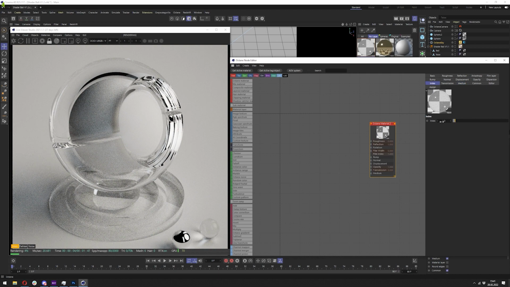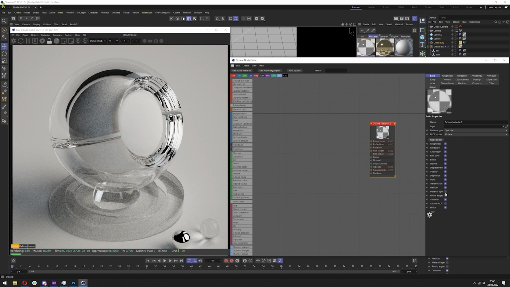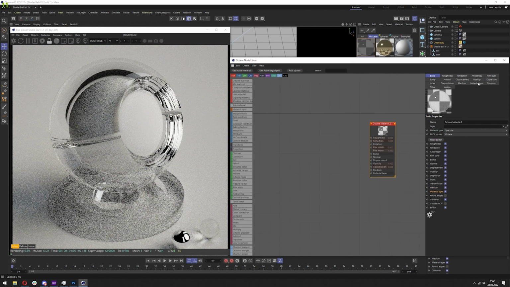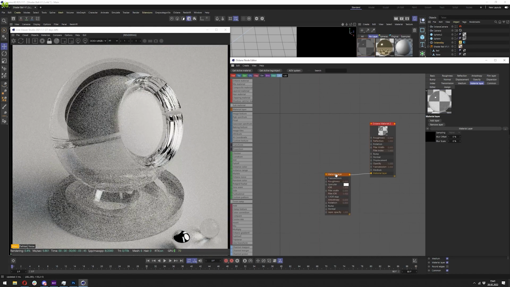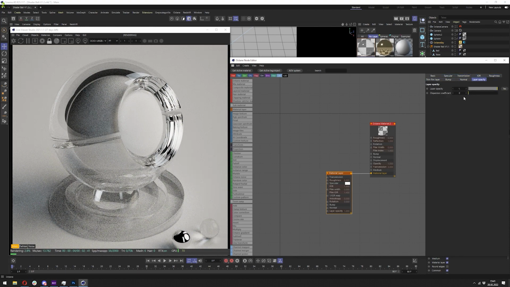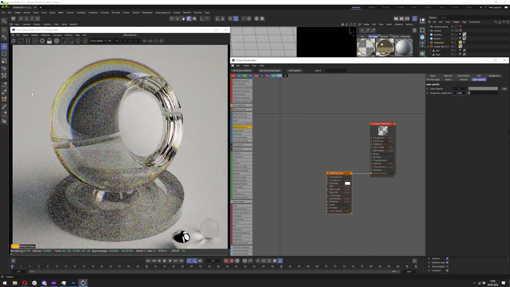I will change the index to 1.55 and the basics. There's material layer. I will turn it on, go here and add layer, and I will start from the last, but I will try to give you hints and tips about other material layers here. But the specular layer is the one I was asked to show. So let's go straight to the dispersion thing. If you go to the layer opacity, there's dispersion coefficient. And if you turn it up, you will start getting dispersion, which is way more